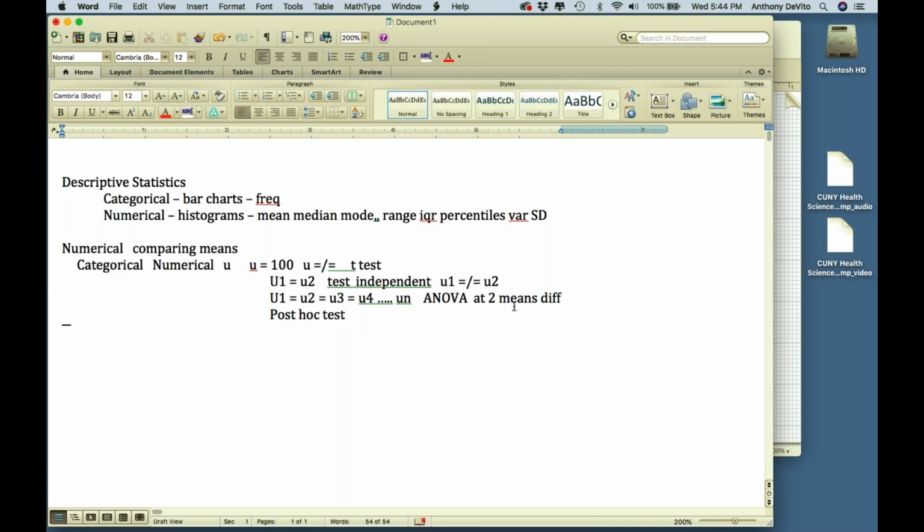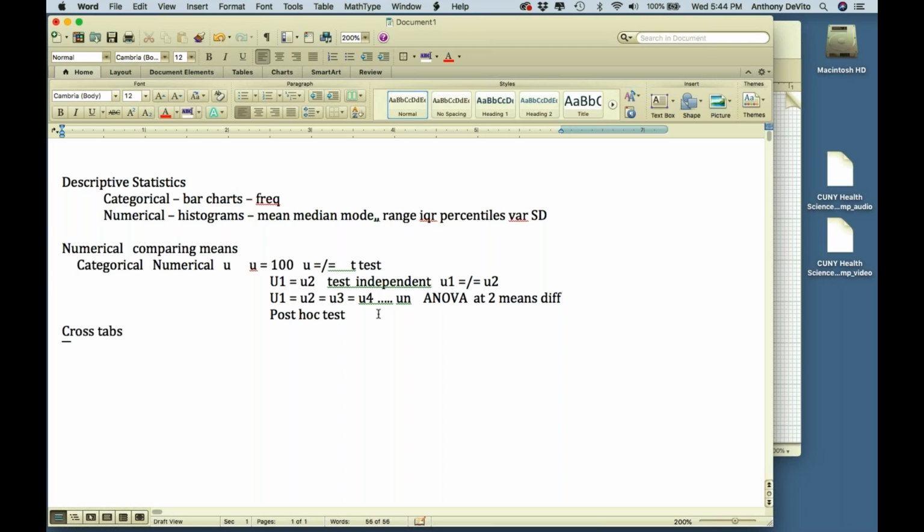If we fail to reject our null hypothesis that the means are all the same, then we wouldn't run our post hoc test. We wouldn't go any further than just running analysis of variance. Okay, so we also learned about confidence intervals and so on and so forth. Then we spent some time with crosstabs